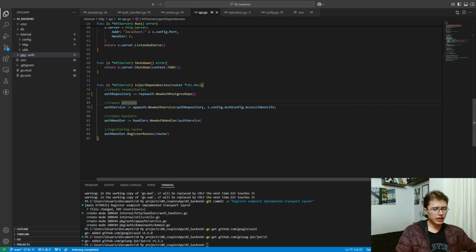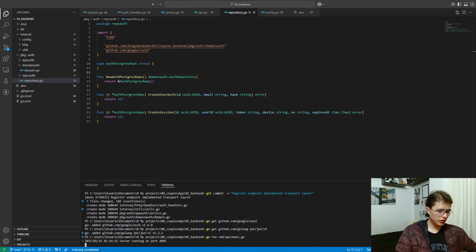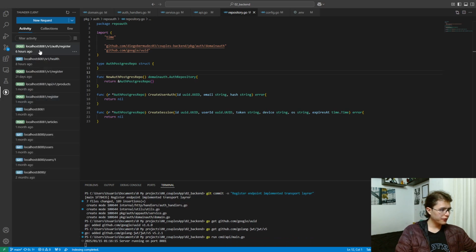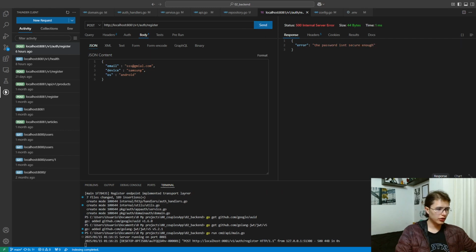At this moment, that endpoint doesn't do anything in any database because there's no database. However, since the implementation returns nil, that means everything is doing fine. So I should get the refresh token. So let's check if it's working. So let's run the application, and now let's test it. Here, let's do it. The password isn't secure enough. There's no password actually,